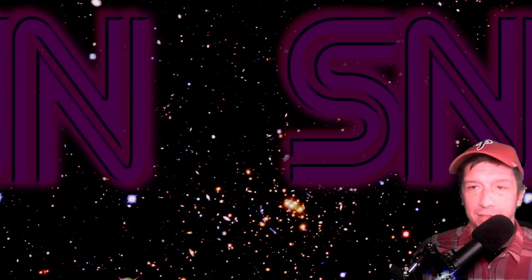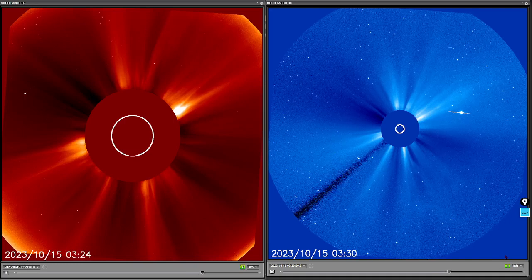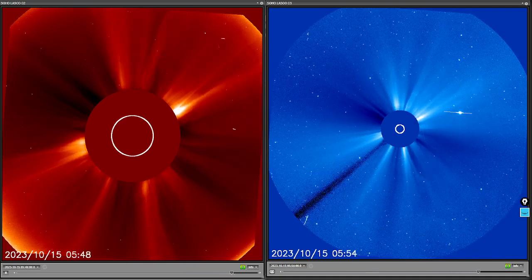Let's get to coronal mass ejection since I brought it up. We don't have any data from the GMU, unfortunately. The last 3 days there are blanked out. So no computer interpolation there of SOHO LASCO C2. So let's take a look at C2 plus C3. And here, right at the end of this video, you're going to see...